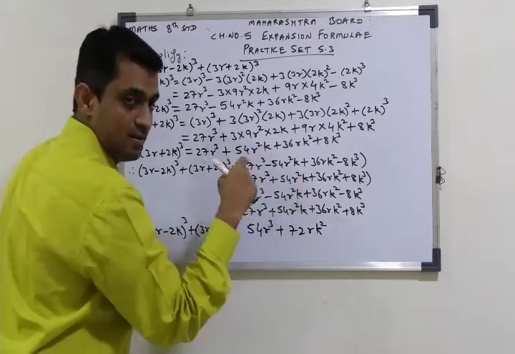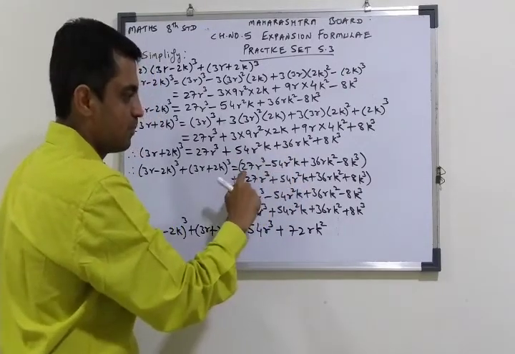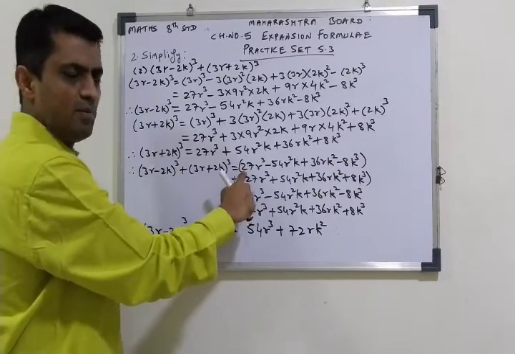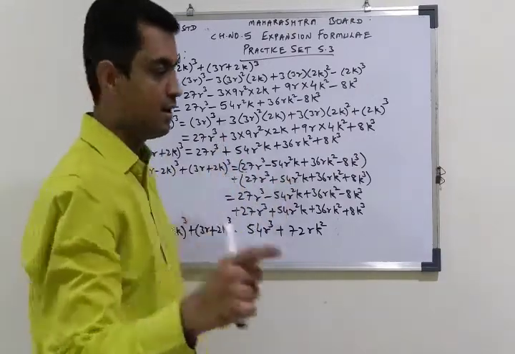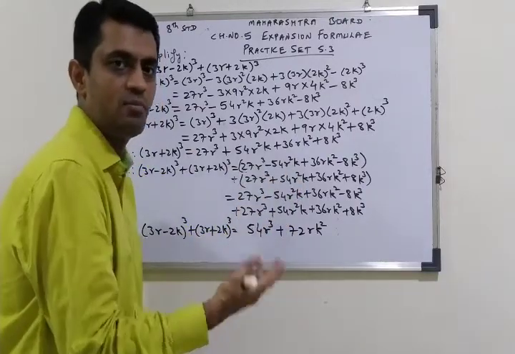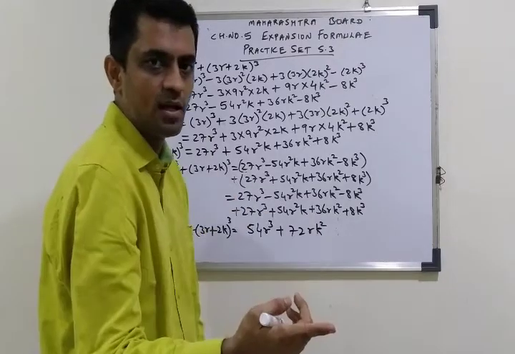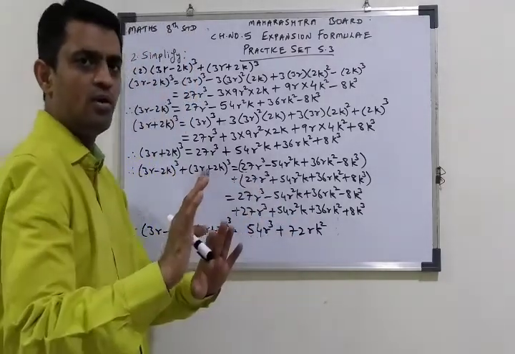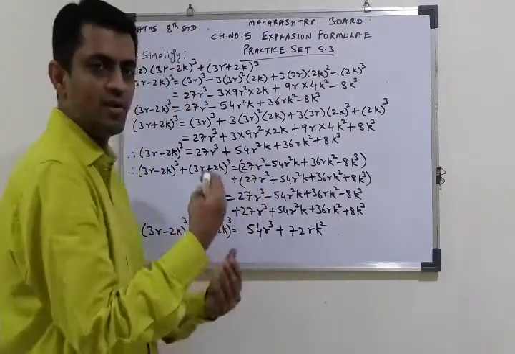In this sum, we have written this also in a bracket and this also in a bracket. In the previous sum, we have not put the bracket, but if you put it, it will be better for you. It depends on you. But in the second part, you have to put the bracket because the sign might change and might not change. If the minus is there, the sign will change. If the minus is not there, plus is there, the sign will not change. But you keep the bracket every time and then open the bracket so that there will be no mistake at all.